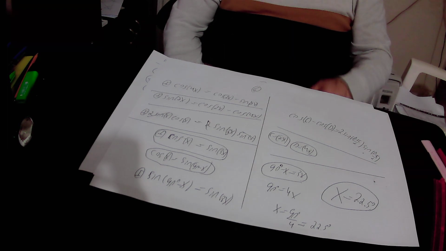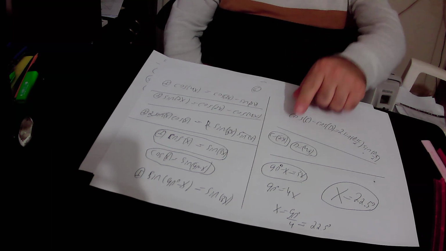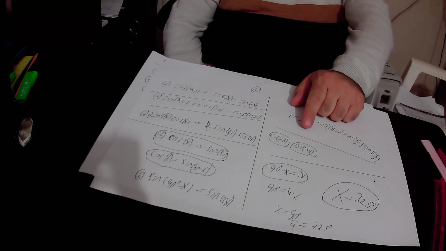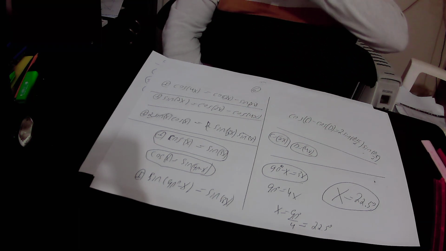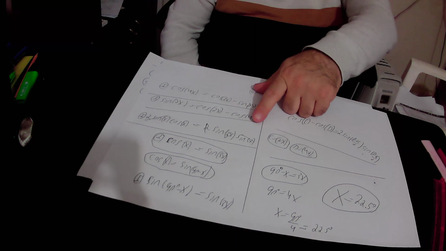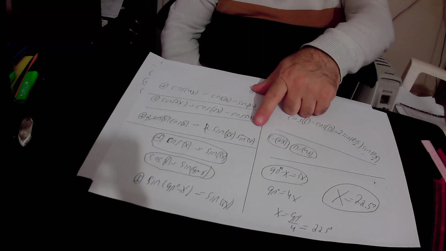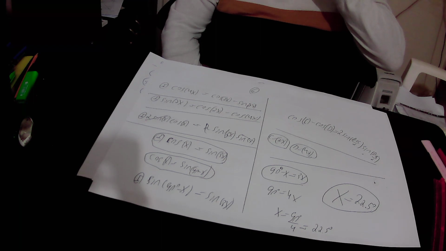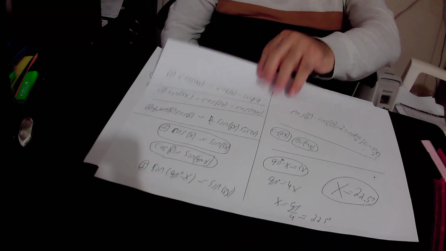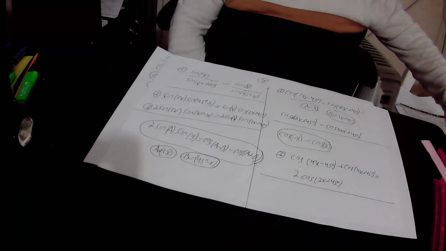So sine d minus c: d is 4x, c is 2x, so 4x minus 2x is 2x, and 2x over 2 is x. So here we have sine x. Then we divided this equation number 1 by 2 sine x, and we got